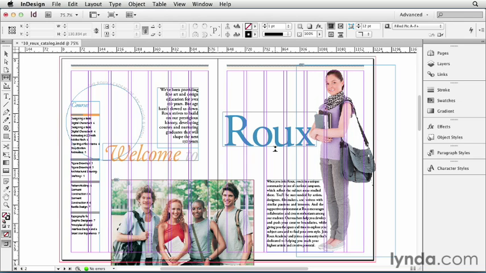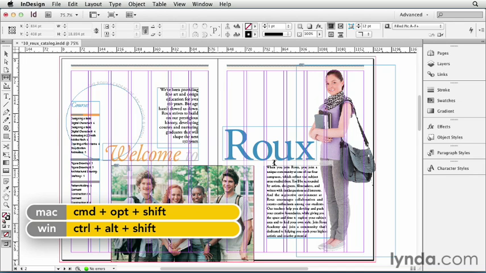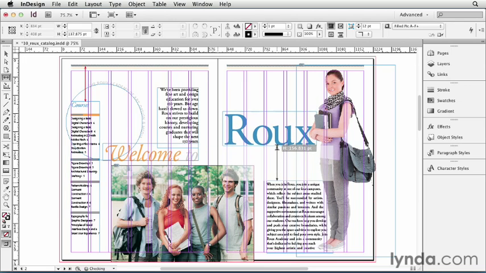Sometimes you don't want it to change all the objects just because they're aligned. For example, I'm going to undo that with a Command-Z or a Control-Z, and I'm going to place my cursor in between these 2 text frames. I see that that gray bar goes all the way across, and I want to tell InDesign to limit the gap tool to just the text frames on either side of the cursor. I don't want it to be changing that graphic at all. So I'm going to hold down the Shift key. The Shift key tells InDesign to constrain it only to the objects that are on either side of the cursor itself. So now, Shift Option Command or Shift Control Alt, click and drag will move just those 2,